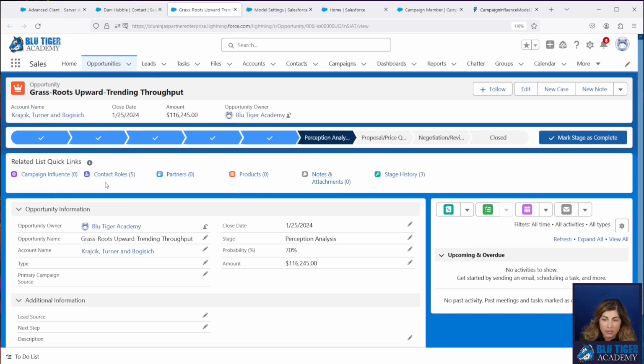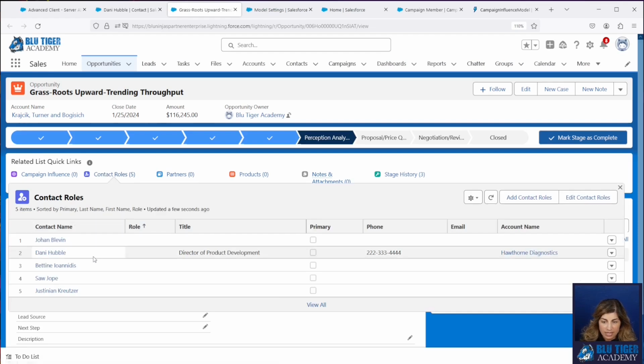So in this scenario, I have Danny listed as a contact role on this opportunity, but there's 0 campaign influence records. The flows that we're building today assume that you have updated your existing records to put in the missing campaign influence records that should be there. In this scenario, our flow is expecting this opportunity to already have a first touch campaign for Danny, and it's assuming that Danny doesn't have any other campaigns associated with their record.